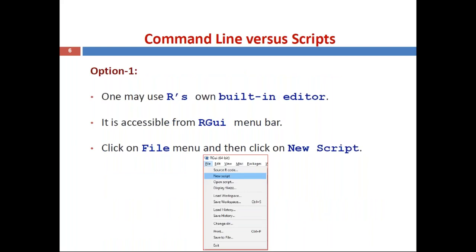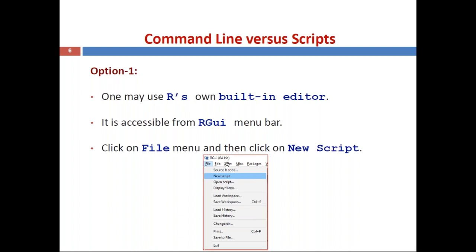There are two options. First option, one may use R's own built-in editor. R has its own built-in editor, which is accessible from the R GUI menu bar. In this menu bar, you can click on the File menu and then click on New Script.